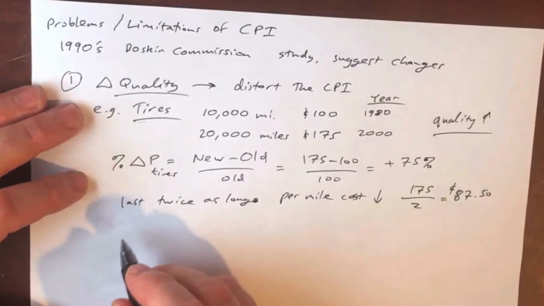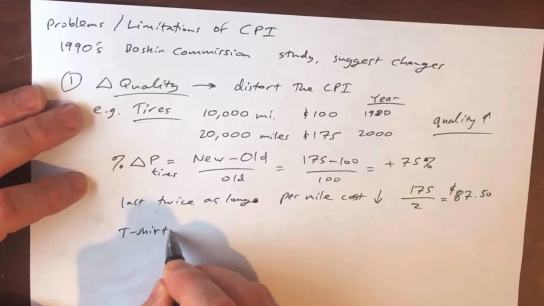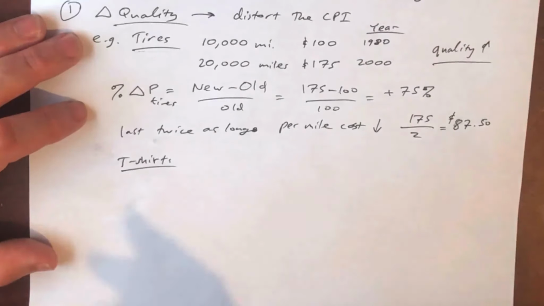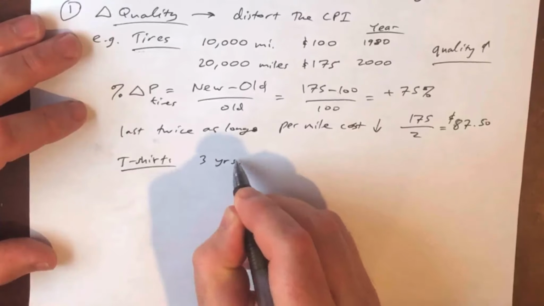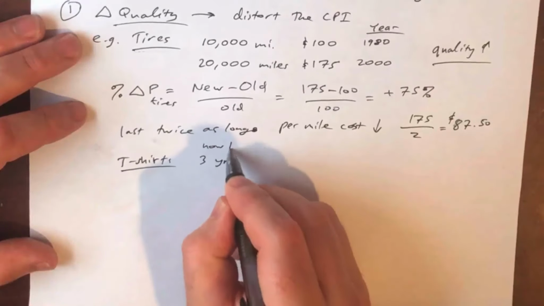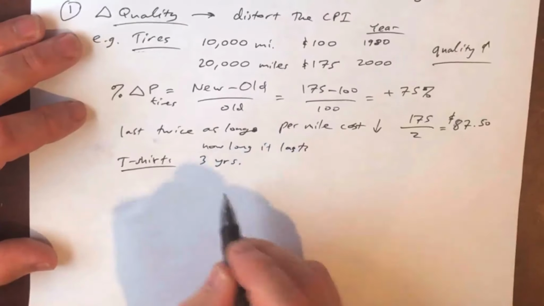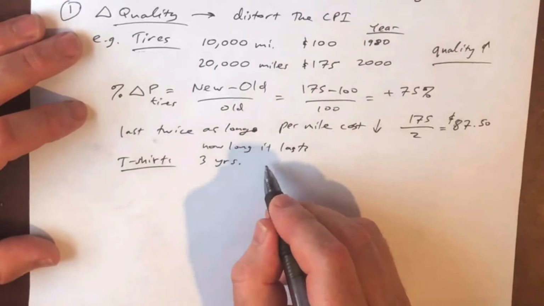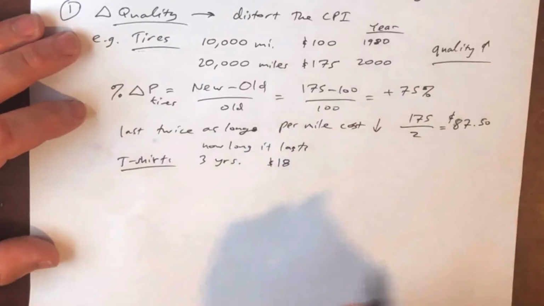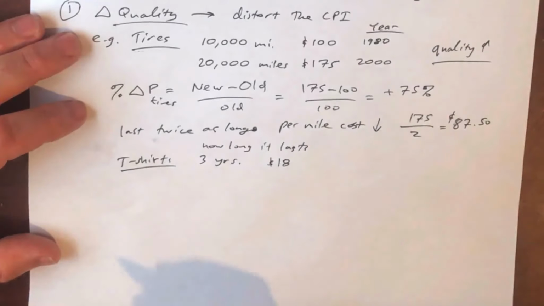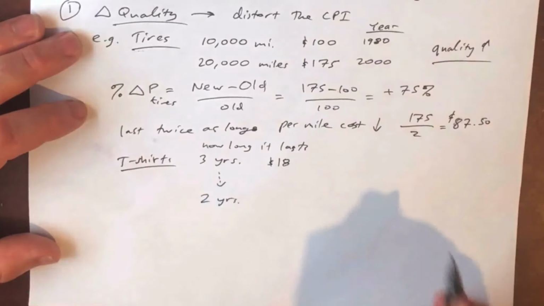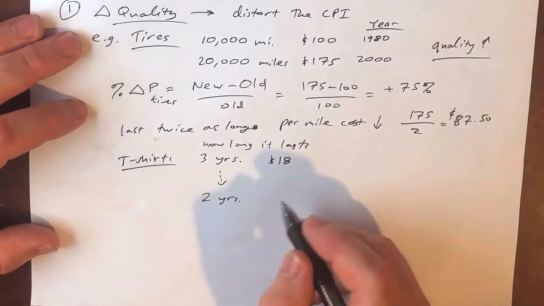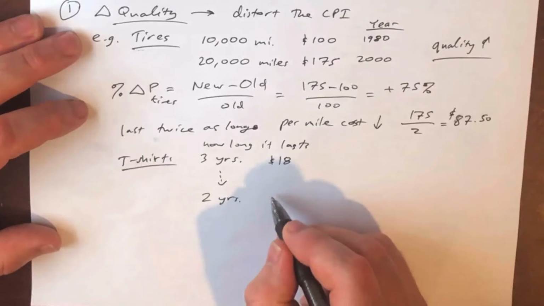Let's take something like clothing, like t-shirts. So the t-shirt doesn't last as long, right? How long does a t-shirt last? Let's say a t-shirt lasts 3 years and costs $18. Well, let's say that the t-shirt has a decline in quality. Now it only lasts 2 years, but it's also become a little bit cheaper. Let's say that it lasts 2 years, but now it costs $15,